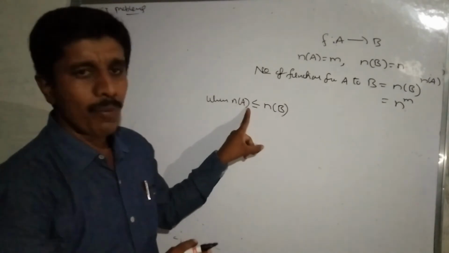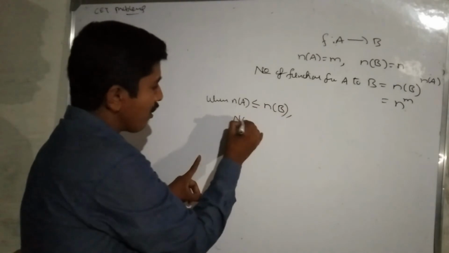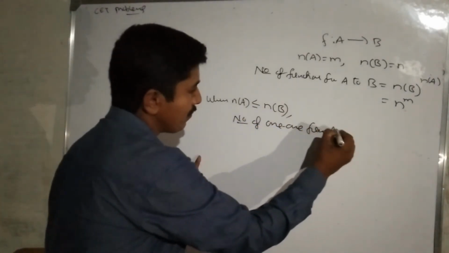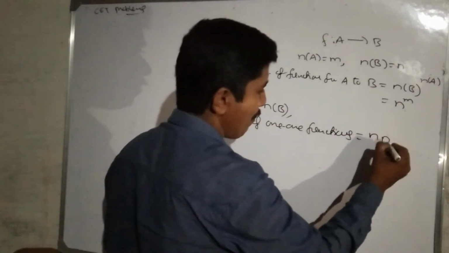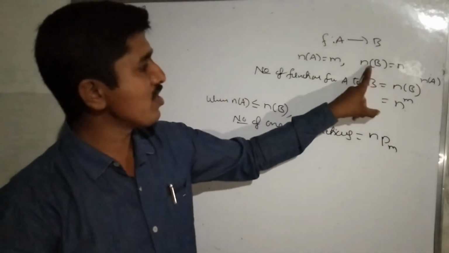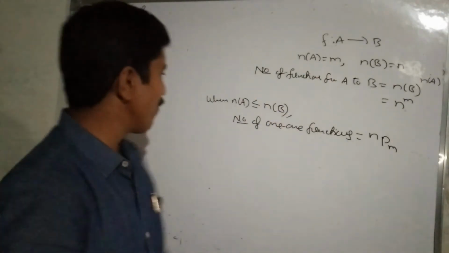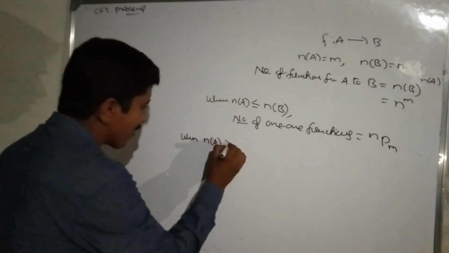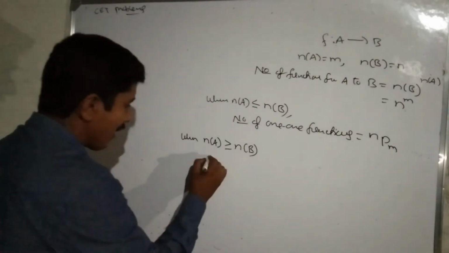When the number of elements in the domain is less than or equal to the number of elements in the codomain, then the number of one-one functions is nPm, directly taken from the formula. Here n means the number of elements of the codomain, and m means the number of elements of the domain. Next, when the number of elements of the domain is greater than or equal to the number of elements of the codomain, then